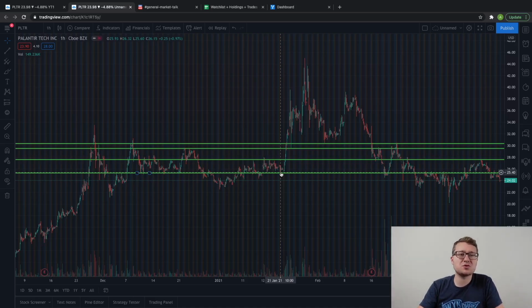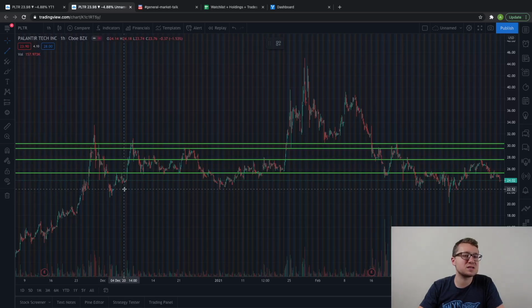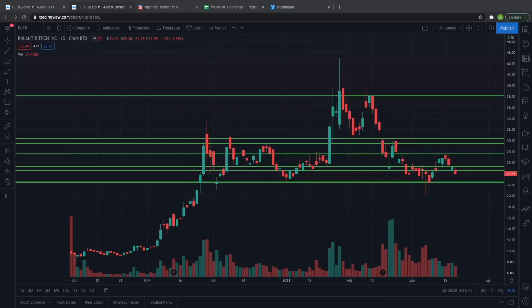On an hourly candle you'll see that, on a daily candle you won't, because you'll only see intra-trading day hours. So we're going ahead and marking up all of these key support and resistance levels. The next thing that I like to do once we break into the daily time frame is just get rid of some of the price targets that don't necessarily make sense on a daily time frame but did on an hourly candle. For instance, if we take a look at the chart here, we can see that 22.60 is